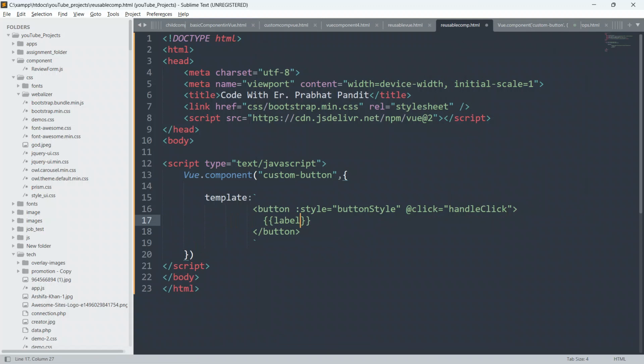As you all know, why we put double curly braces: whenever you are working with Vue.js, you have to put everything inside the double curly braces if you want to show the output, the result, to the user. So here I am defining a label variable, and later on we will define the text for our label also. I just want to show this label text inside the button. That's why I have given double curly braces and the label variable here. So just put a comma here, and below this I am going to create a props.